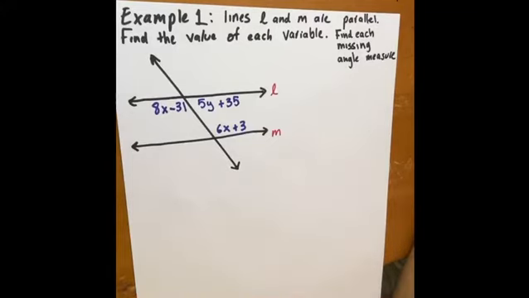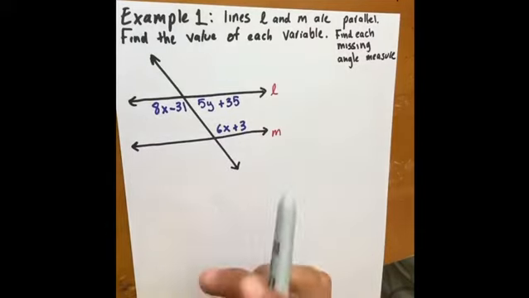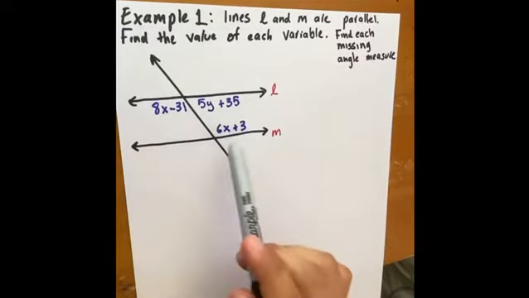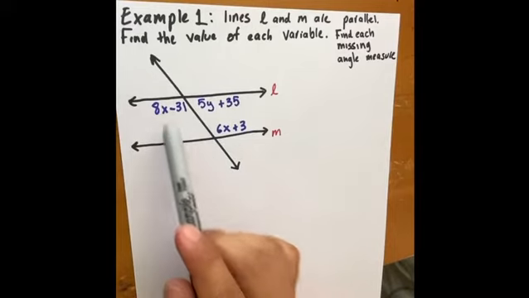So yesterday we looked at the special angle relationships when we have a pair of parallel lines cut by a transversal. We use the special angle relationships to solve for x, and we use x to find the missing angle measures. We're going to take this one step further, and now we're going to have expressions where we have more than one variable. So if you take a look at this problem, we have three expressions and two variables, x